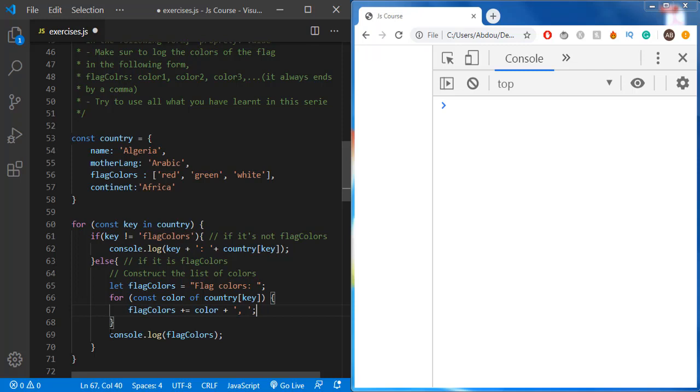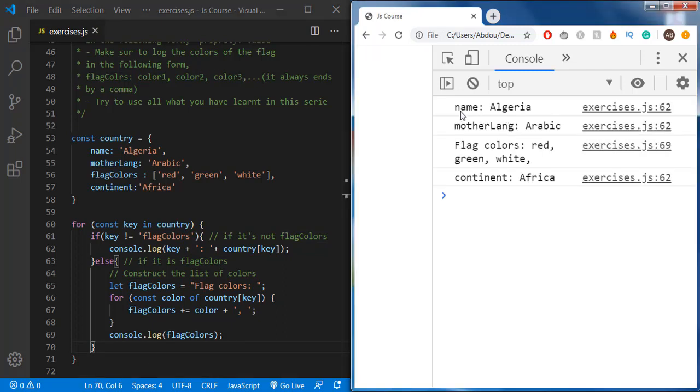So then after that we are going to console log the flag colors, or our list, which is going to hold the list of our colors in this form. Now let's save and refresh the page. As you can see, we have the name Algeria, the mother language and the continent printed to the console in the form property value, and the flag colors are represented in this list where colors are separated by